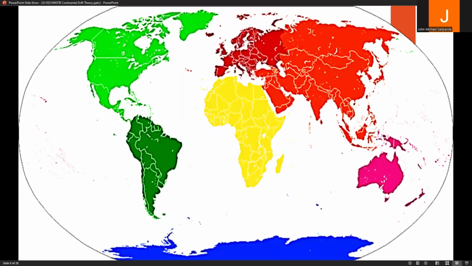Okay, now we'll have a brand new lesson that is not really disconnected from magnetic reversals. I mean, magnetic reversals are still connected, but on a smaller scale, no? But in a way that wraps up our entire first quarter. So as you can see here, you have the seven continents in different colors, no? And they are separated from each other.